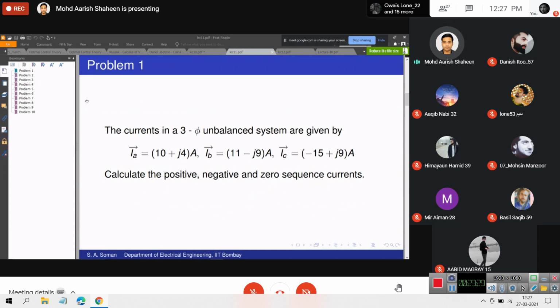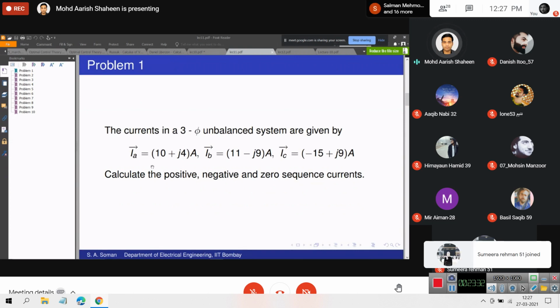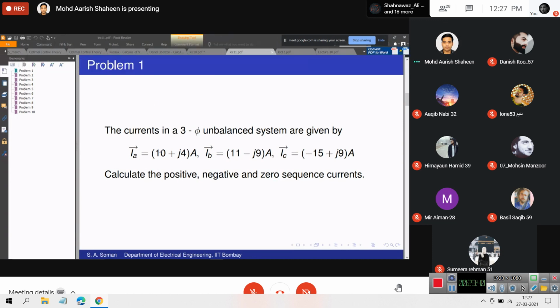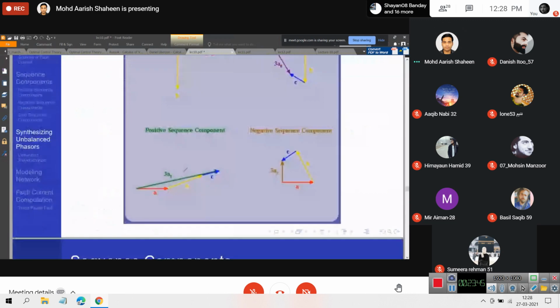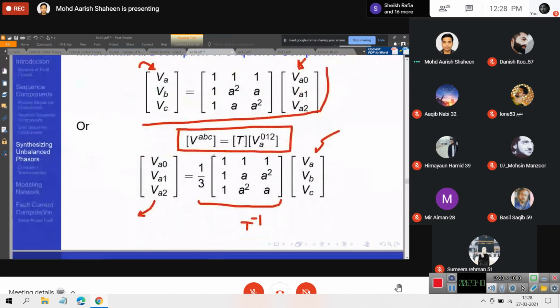So maybe I will calculate only zero sequence. Maybe I will leave the other two calculations to you as an assignment. कैसे करते हैं calculate? शाबाश. We just have to use these transformation equations. Given the value of the phasors, we can calculate the value of the sequence components by using this equation. If I look at the first row, these are only ones. So rows into columns will give me VA plus VB plus VC divided by 3, which should give me the value of the zero sequence voltage or current, as the case may be.